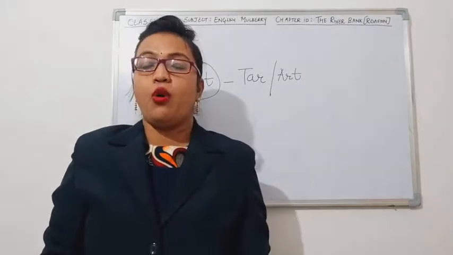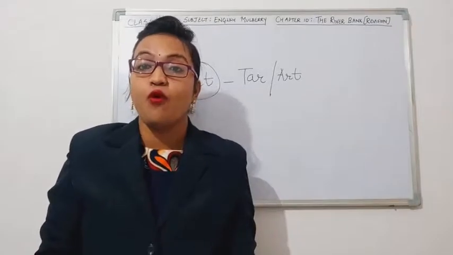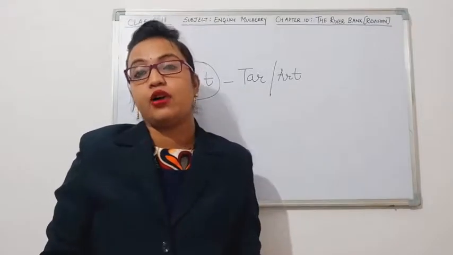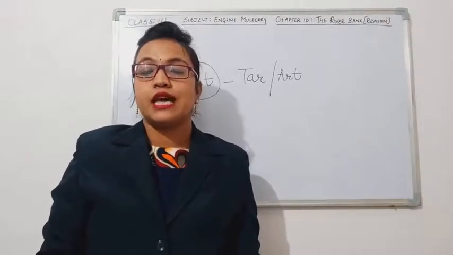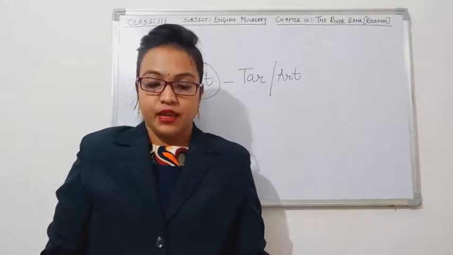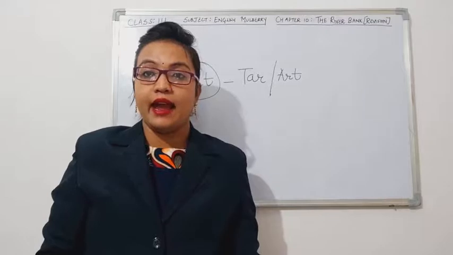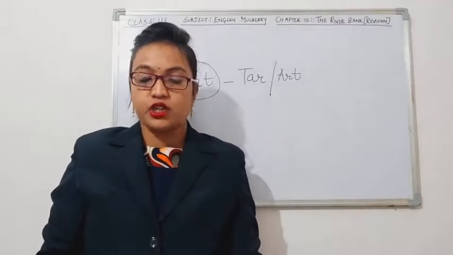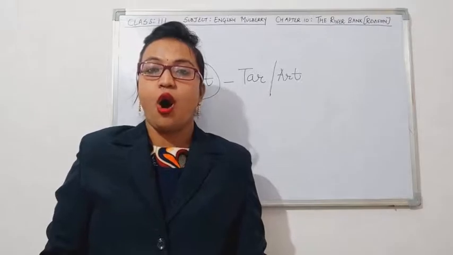Then loaf, L-O-A-F. When we rearrange the letters, we form a new word, that is foal, F-O-A-L, the young one of a horse. Then pause, P-A-W-S. The anagram is wasp, W-A-S-P. Then balm is given. Its anagram is lamb. And last one is shore, S-H-O-R-E. Its anagram is